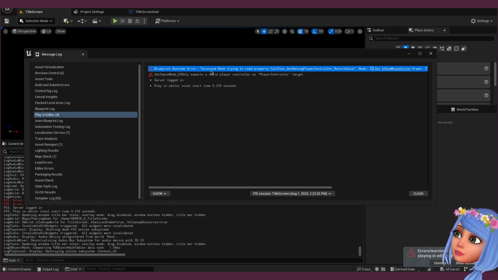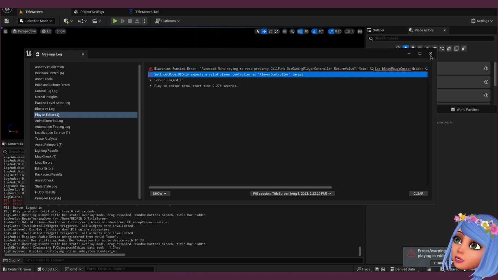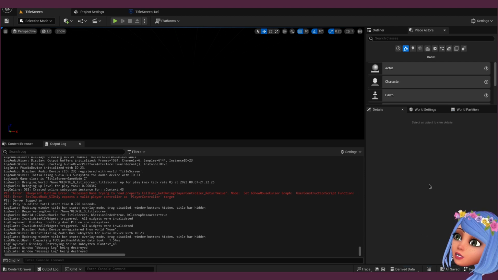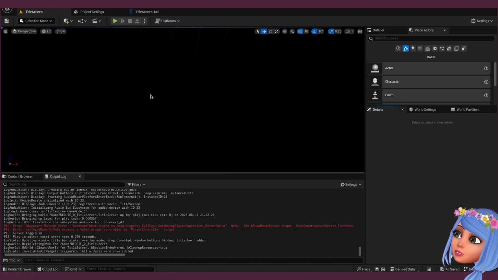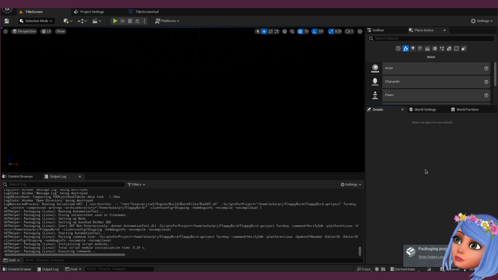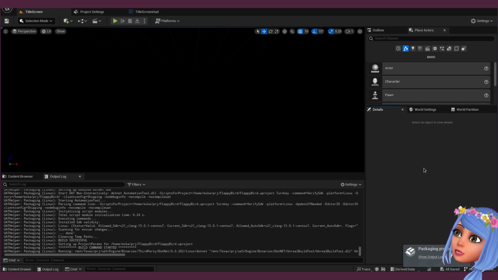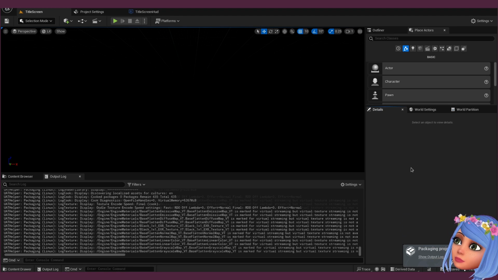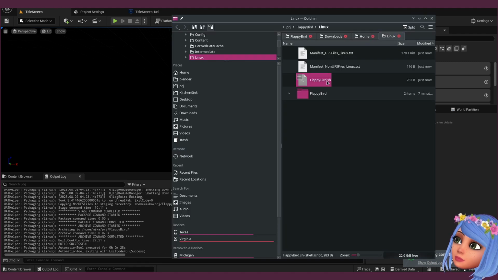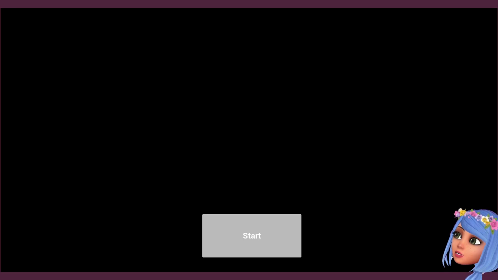Access none trying to read property. I do not know why it's not working. Let's try to package like this. Nope, there is no cursor for some reason.